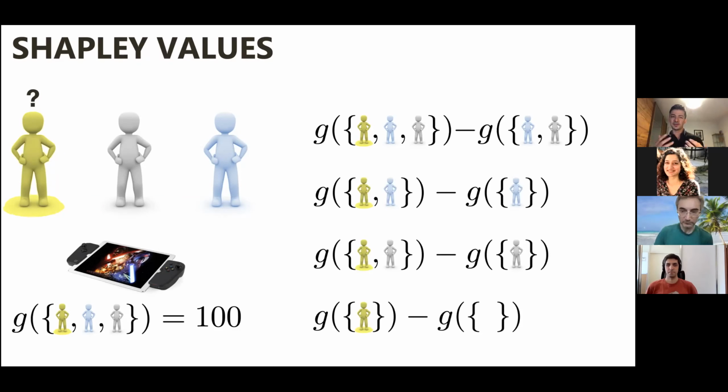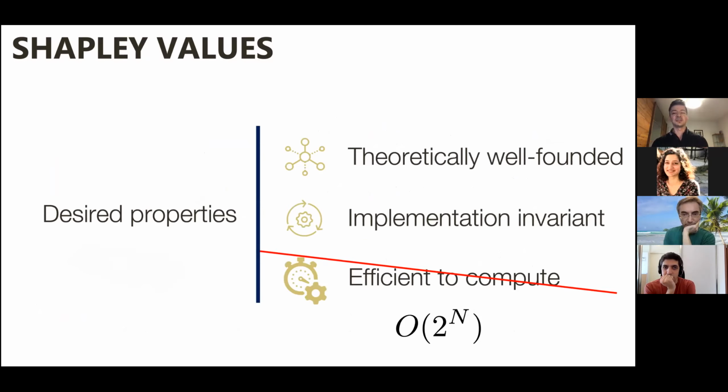Now, obviously, this can be used for quantifying how much each input pixel or node in the network is actually contributing to the output. It's also kind of a coalition. And this is nice because it's theoretically well-founded in game theory. It doesn't care about how you implemented it. The main problem was computing it, because it has exponential complexity. It's a combinatorial problem basically, because you have all the subsets.